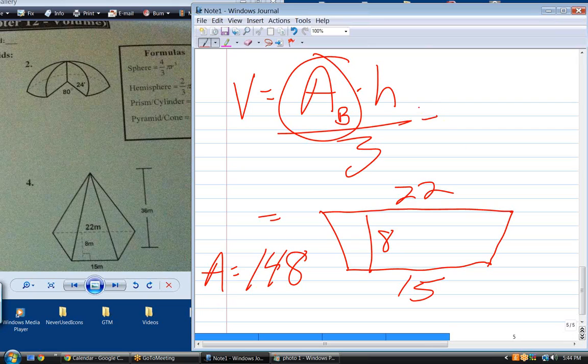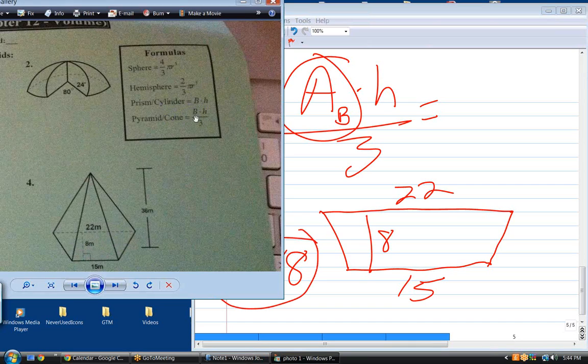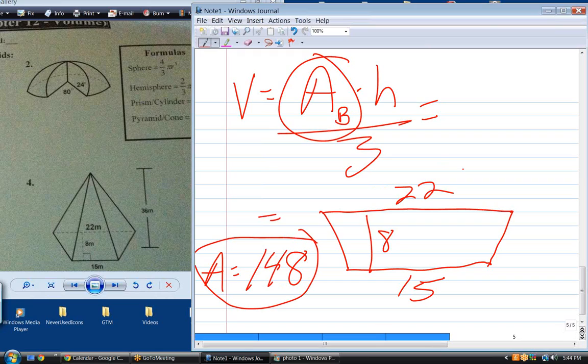Isn't that the area, though? That's the volume. What we just calculated was the area of the base only. But if we look at our formula, we need the area of the base times the vertical height of the pyramid divided by 3. Oh yeah, I thought, because it says base times height, I meant if that area was the base. It is, but we're looking for volume. So it's 148 times the height, which is 36, divided by 3 because it's a pyramid,